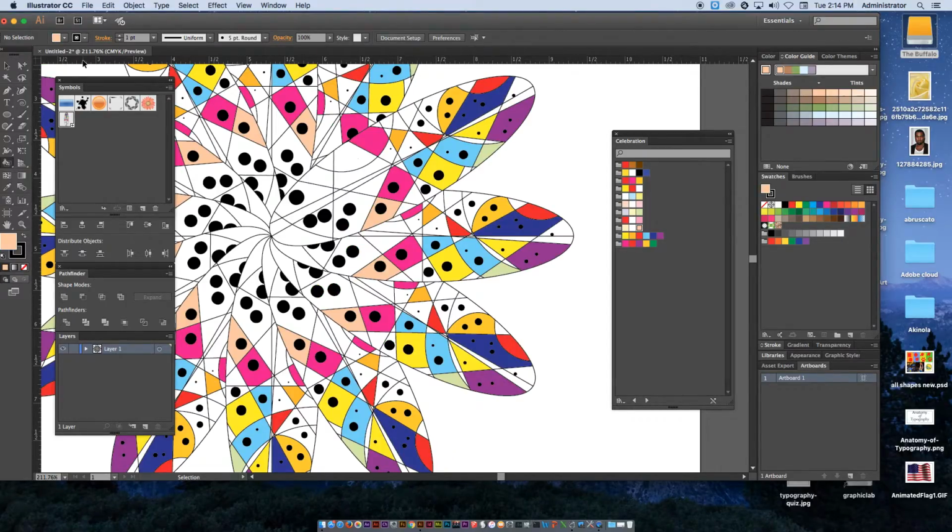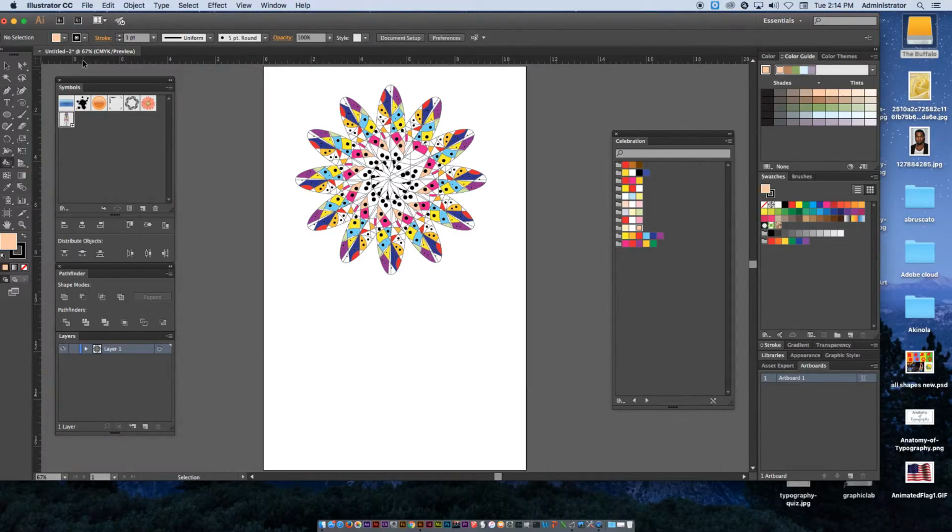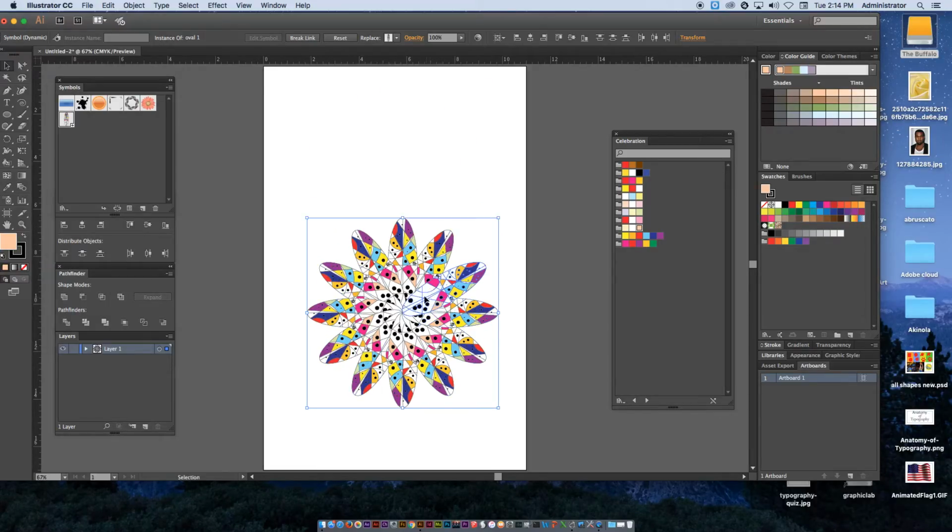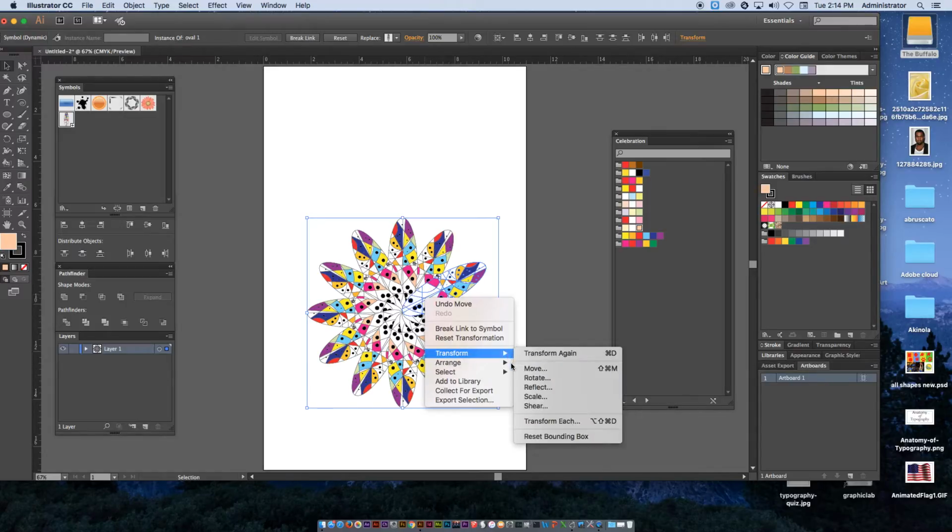Here we go. And now you see it's applied it to every instance of the symbol. It's a beautiful thing. You don't have to do as much work. It's doing it all for you, and it's repeating that color throughout. Now, once you have one done, you can take the entire thing. You can move it wherever you want. You can right-click and do some other things to it, arrange it to the back, to the front, if you